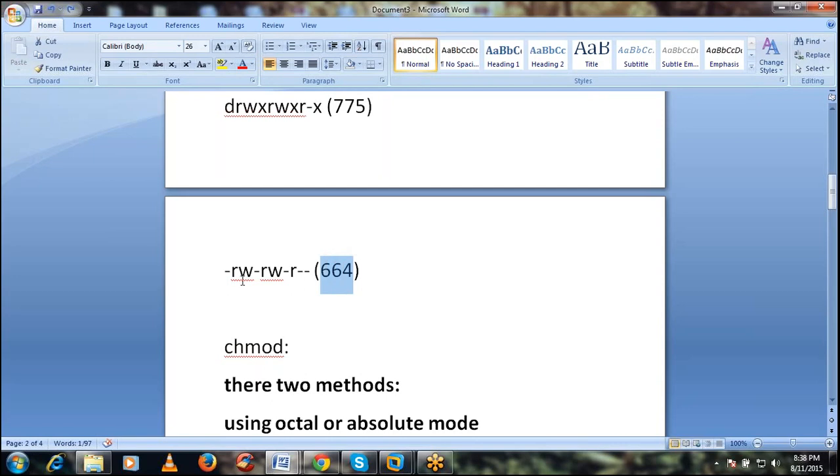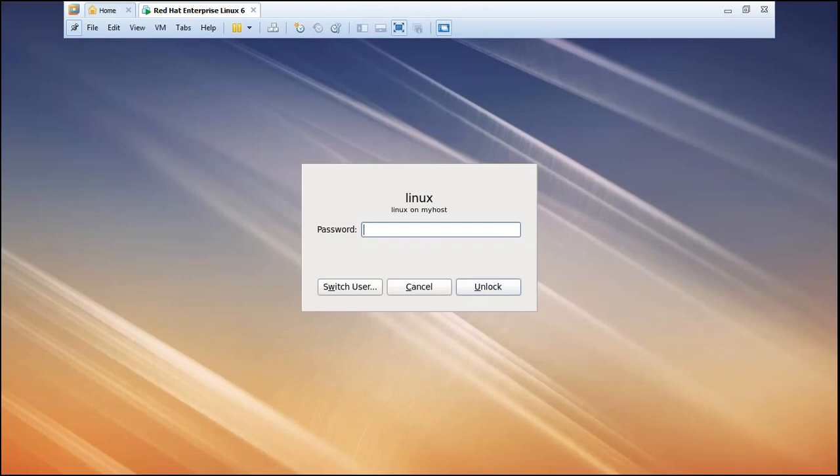6 means the user does not have the execute permission, the group also does not have the execute permission, and others just have the read permission only. Clear, right? But it shows a double minus. There are two permissions, write and execute, missing right now. Here only one execute is missing. Three hyphens mean no permissions: read, write, execute, and there are no permissions, 0, 0. So we'll go over there and see the practical.